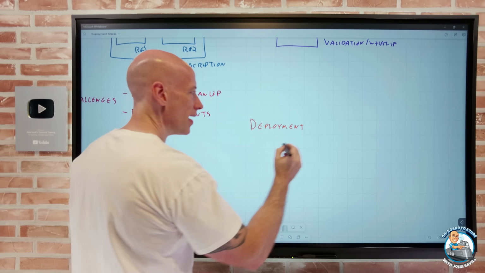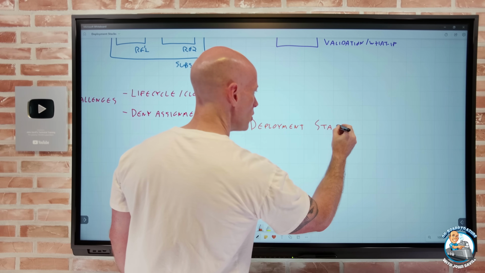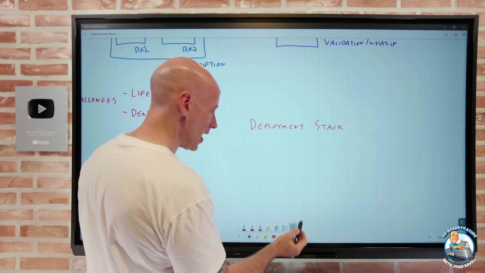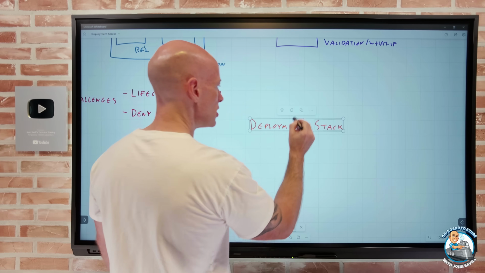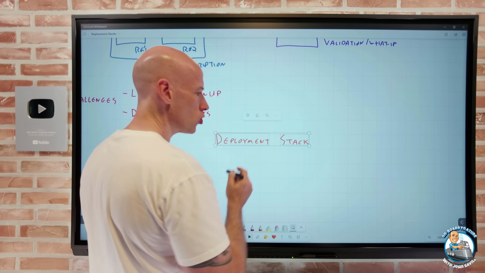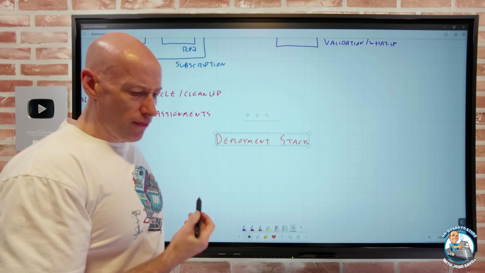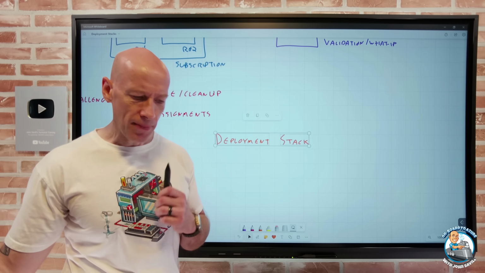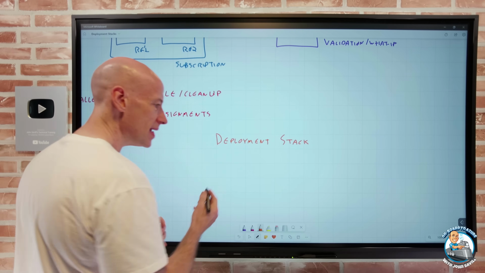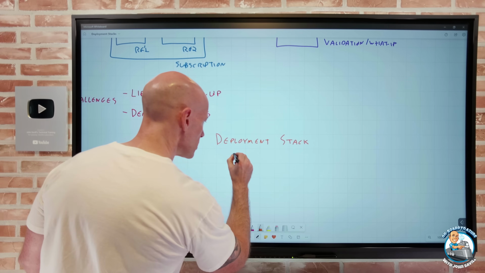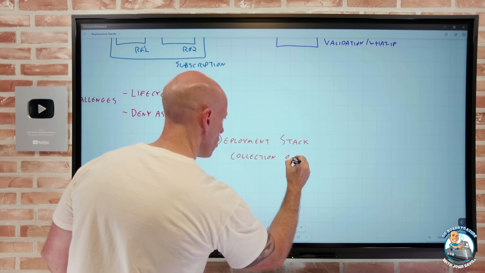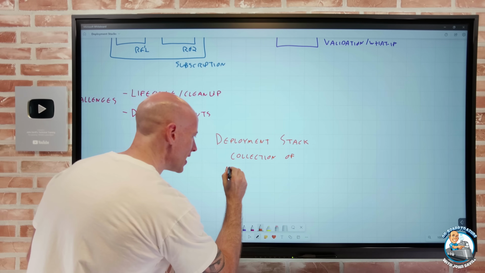And the great thing about this, it is not some huge, new, painful thing that we have to learn. It's not like, oh, I'm going to have to learn some brand new set of objects I have to create, these brand new format definitions for templates. None of that applies. So the whole point of a deployment stack is it's just a collection of, and this is the key point, managed